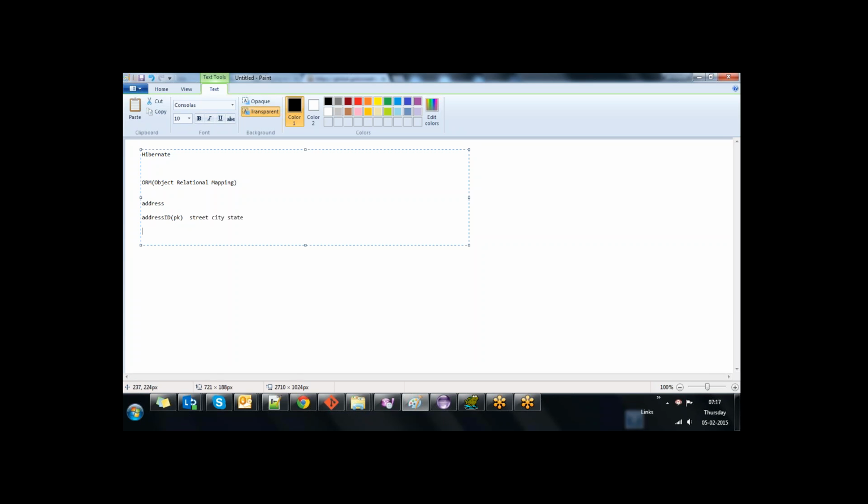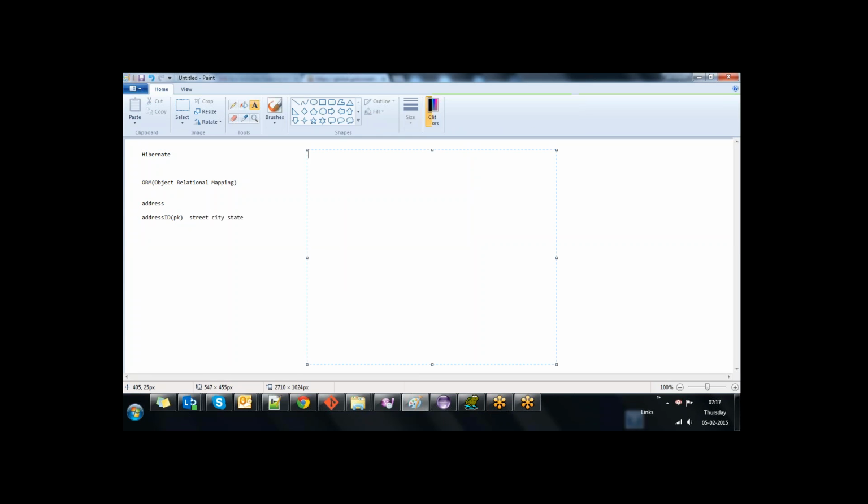To access the data available in the database table using Hibernate, we must provide a normal Java class, like POJO. POJO stands for